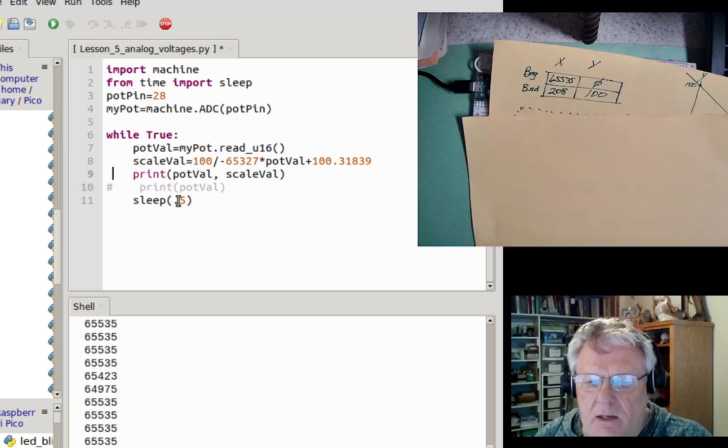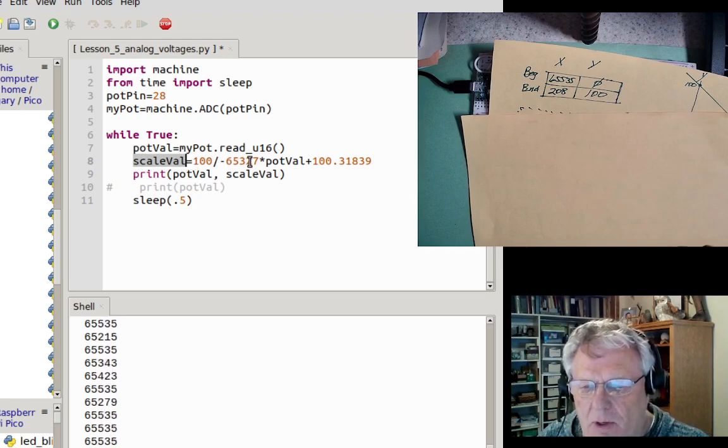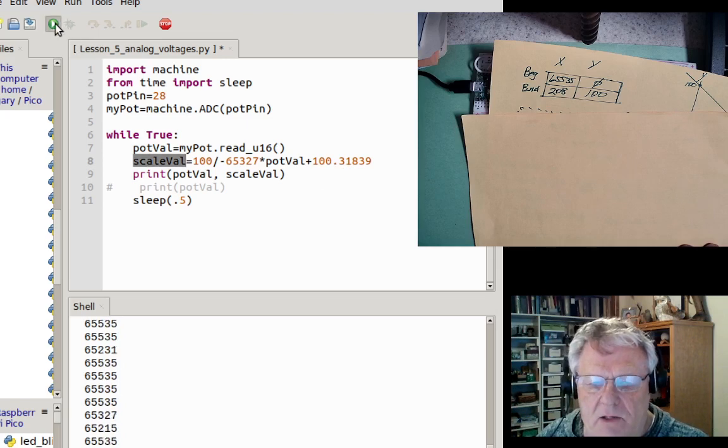So here, I created a new variable, my scale value, which equals the slope times the x value, which I've defined right here, plus my b, which is 100.31839. So now when I run this,